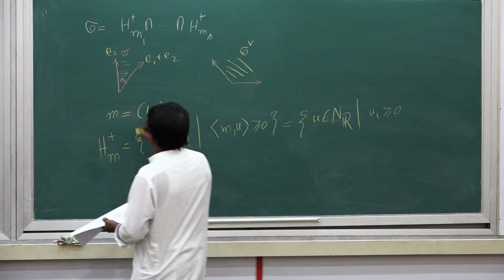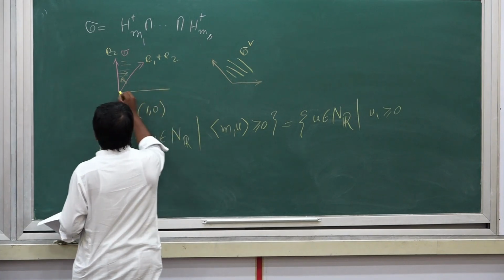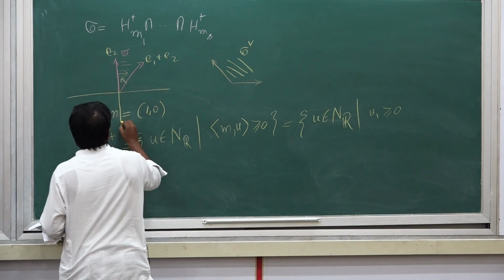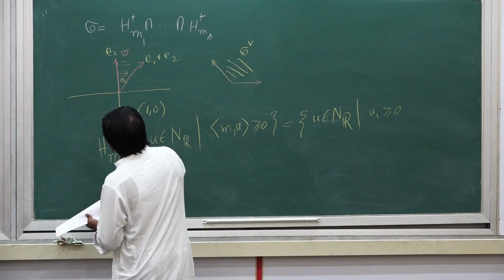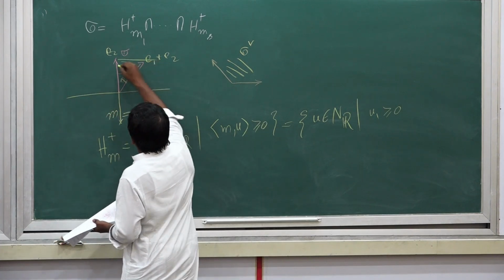So, if I want to draw this thing here, u1 greater than or equal to 0 would mean